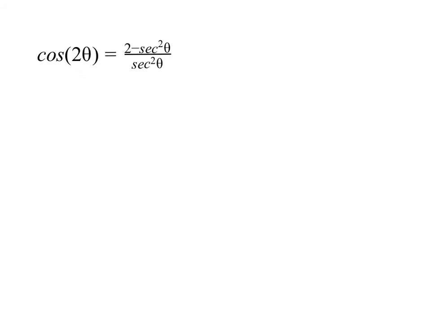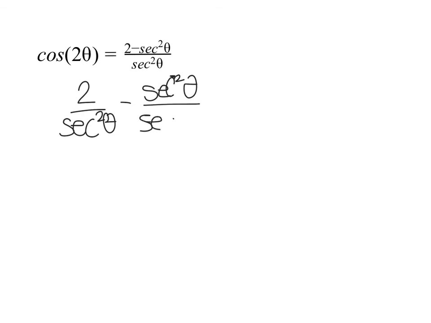Next example, we want to verify that cosine of 2 theta equals (2 minus secant squared theta) over secant squared theta. Now, 2 minus secant squared theta is not a Pythagorean identity, so that's not going to help us. So we could rewrite everything in terms of sine and cosine and simplify that way, but because of that subtraction in the numerator, we can actually break up our fraction into 2 terms. So we get 2 over secant squared theta minus secant squared theta